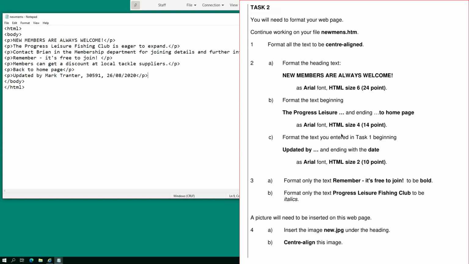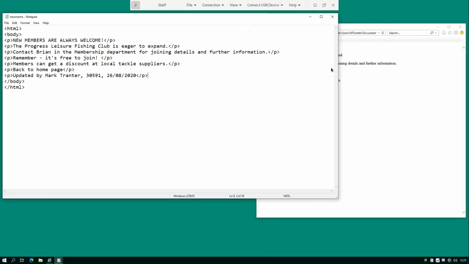So now we're going to have a look at task 2 of this web page design unit. We're going to continue working on our file new mems htm, and it says here that we need to format all the text to be center aligned. So if you remember,